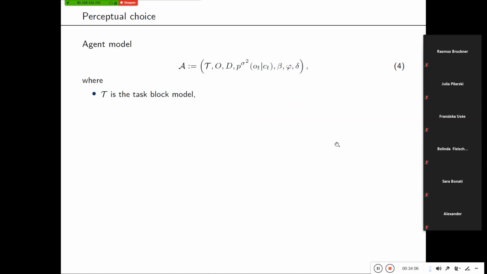Okay, then the agent model. Now the agent, we will look at actually some variants of agents because we also want to compare some models. But we start with kind of this grandmother agent, where you can then have special cases of, in a way. Anyway, you will see what I mean later. So the agent model again is a tuple, and what I incorporate here as a first thing is the task